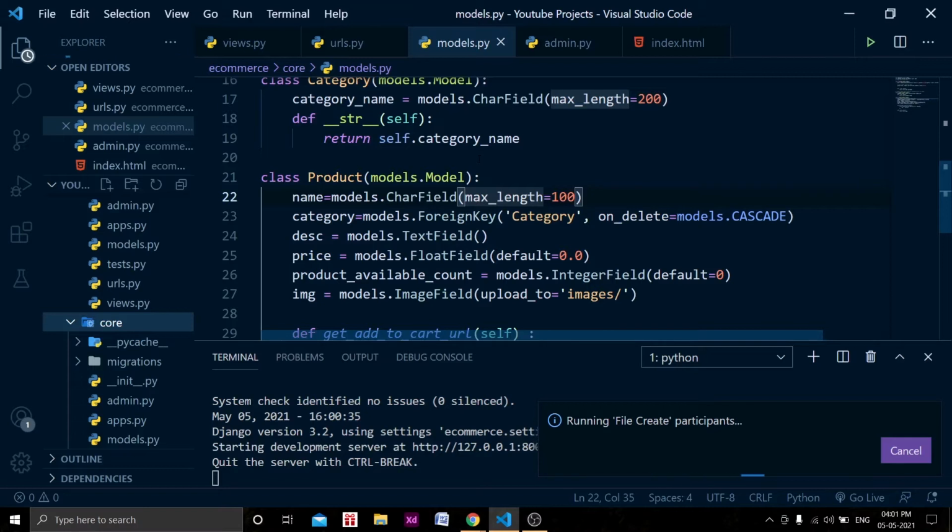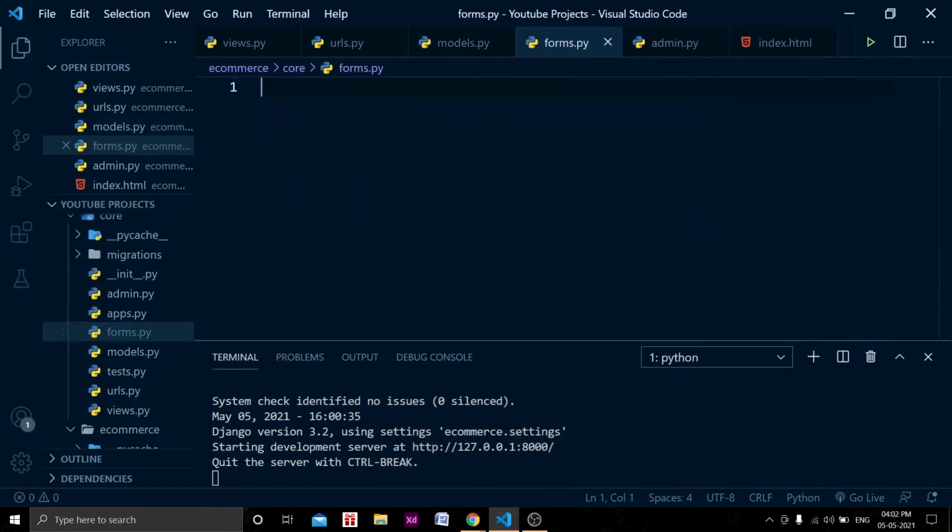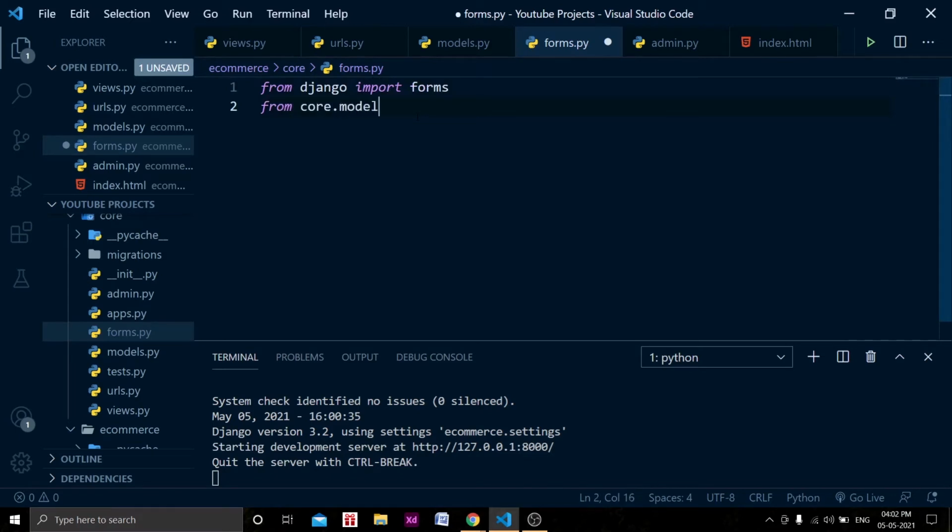I will try to explain every bit of it, right? It is taking so much time for creating a single file. Now let's import forms from Django. Import forms. Okay, and from core.models we will import all models.